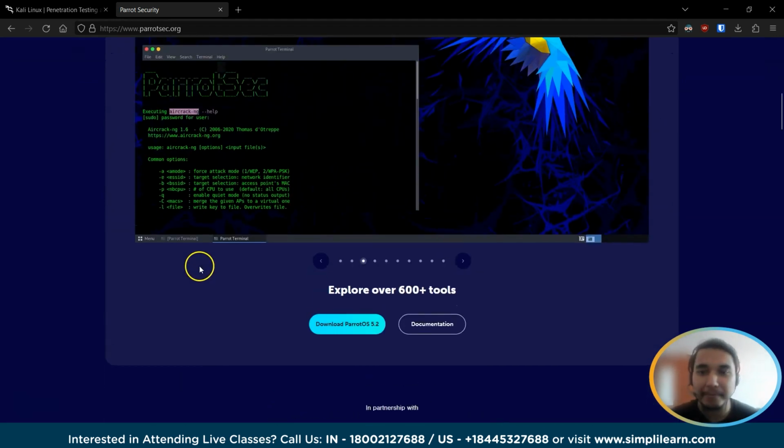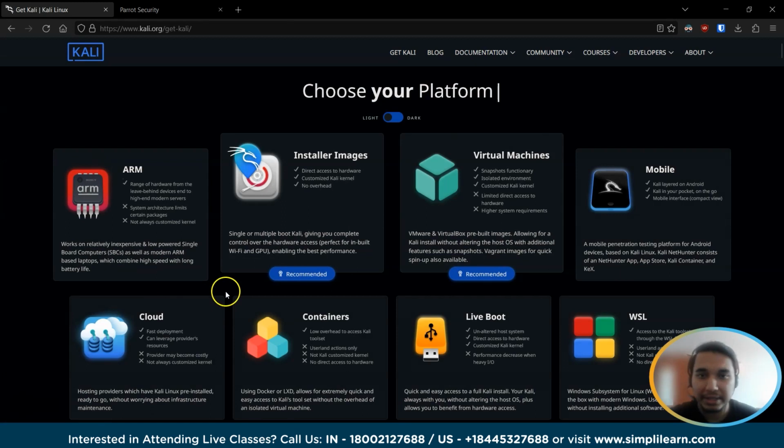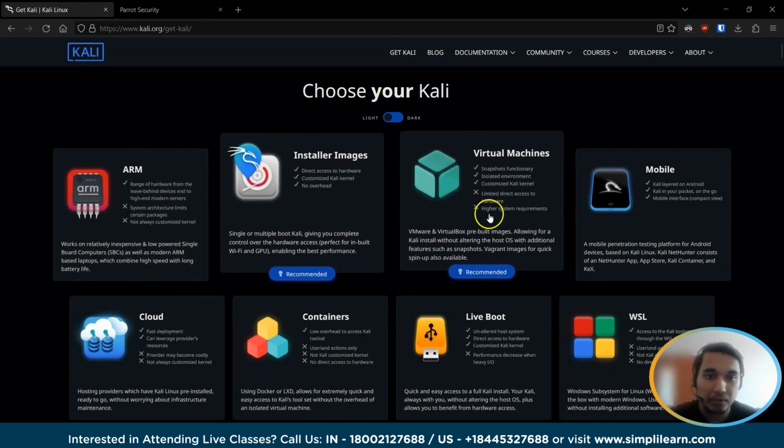Parrot has a bit more features, but Kali Linux is the industry standard today and has been for like a decade now at this point. So it is much recommended to go with Kali, and that's what we are going to work on today. So to download the ISO file, we'll just click the download button here. And you can see it offers a variety of options. You can directly download for virtual machines, which, as you can see, is the recommended option, but it is going to deprive you of a few